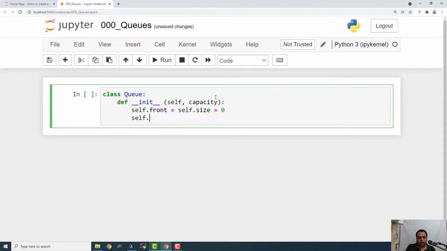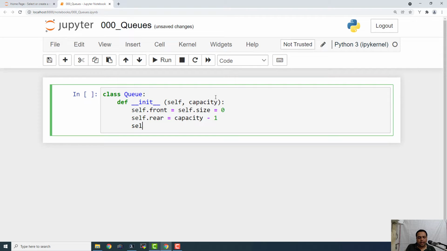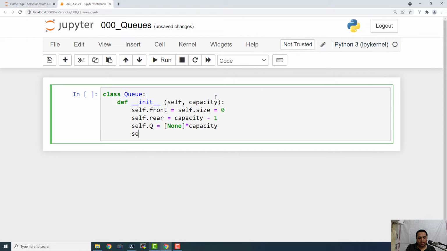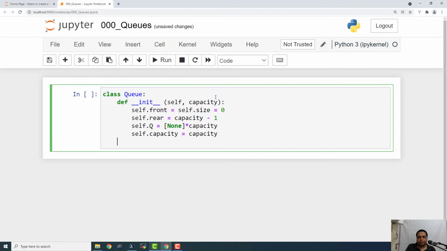Similarly, self.rear equals capacity minus 1, and self.queue equals None multiplied by capacity. Self.capacity equals capacity. So this is the init method.